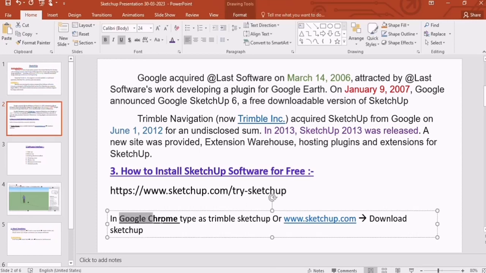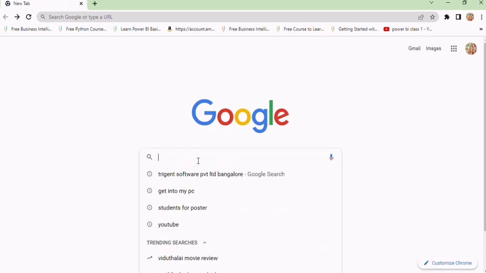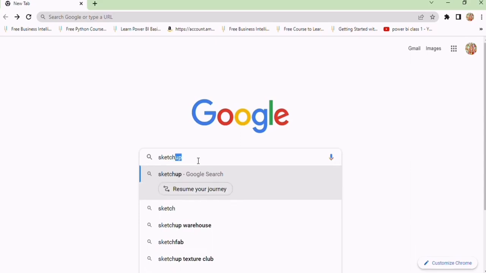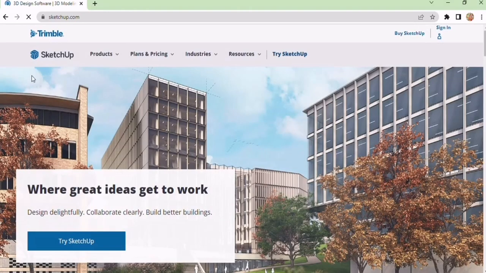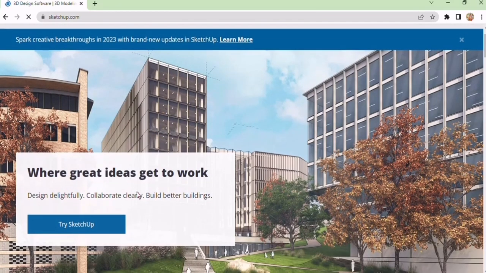Open Google Chrome and type www.sketchup.com, and go to download SketchUp. I will show you. In Google I need to type sketchup.com and press enter. And this is the official web page. Here you will see an option called Try SketchUp. If you select Try SketchUp,